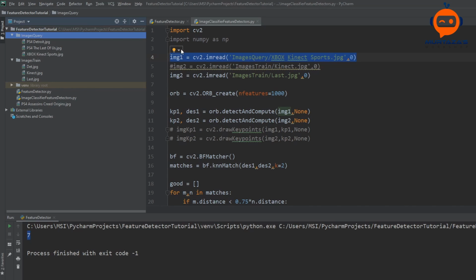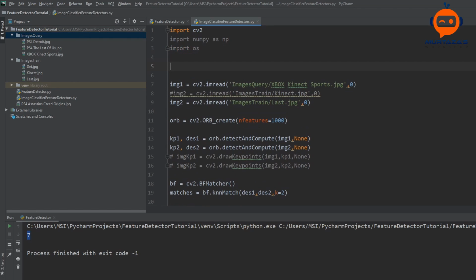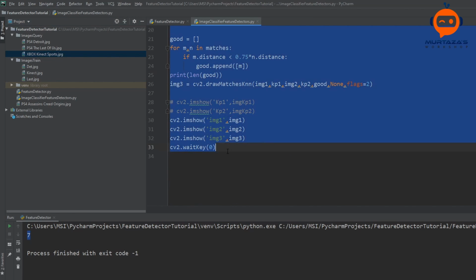So in order to do that, we need to use OS. So we will import OS, and then we are going to find how many images are here, and we will store the name of all these images so that we can import them. So let's comment all of this out,